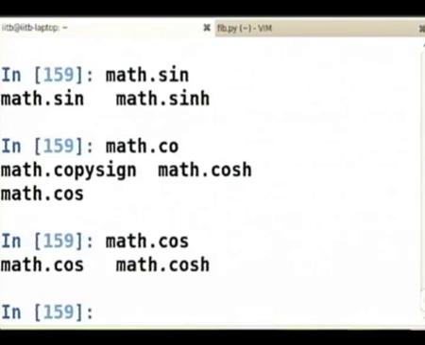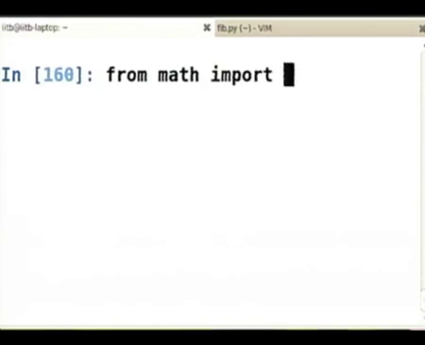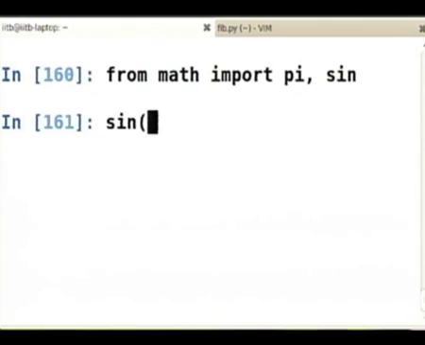Now, supposing you want to only import sine, you do not care about all the symbols and you do not want to keep typing math dot sine, math dot pi. Okay. You can do the following, you can say from math import pi comma sine. Now, I can say sine of